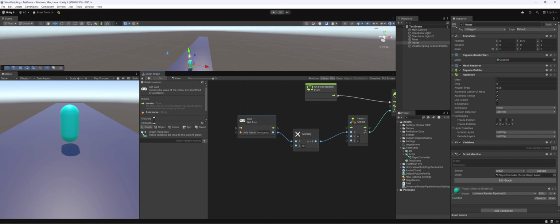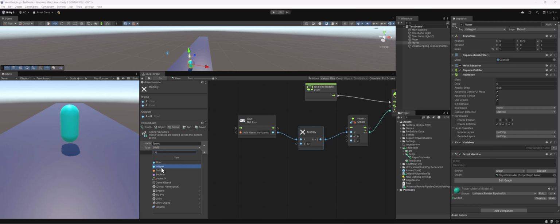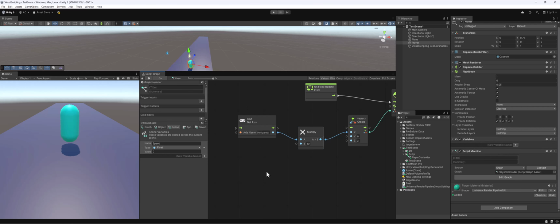And let's see, you can see we have these outputs here, like these Get Variables. Say I want to add an integer node that I can control on my character here. Well, there's a graph variable, which exists only in this graph. There's an object variable, and then there's a scene variable. If I hit plus here, it says please enter a variable name. So I'm going to name this speed. And I'm going to hit plus, and then I'm going to change the data type here. We could do a float if we want more incremental, that's a 0. And you can see here on our variables, if I save my graph,